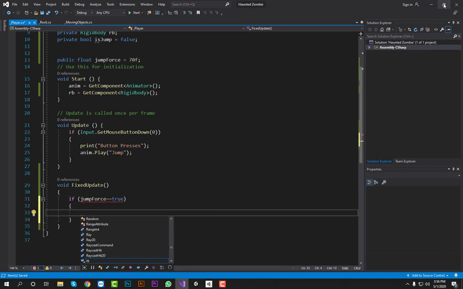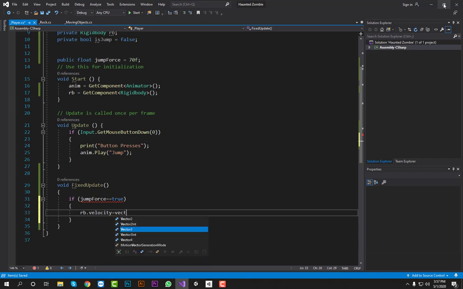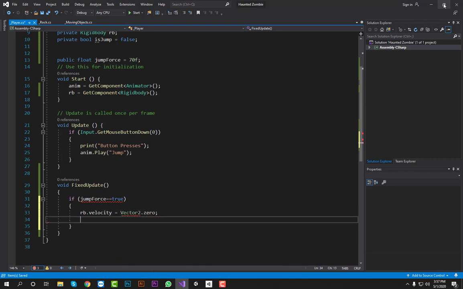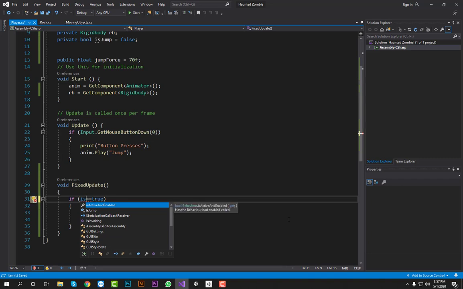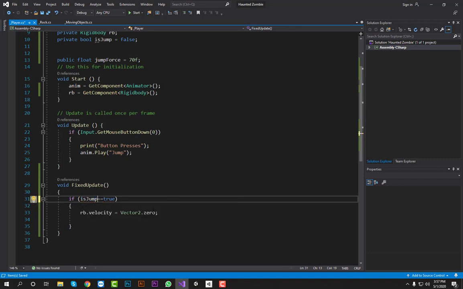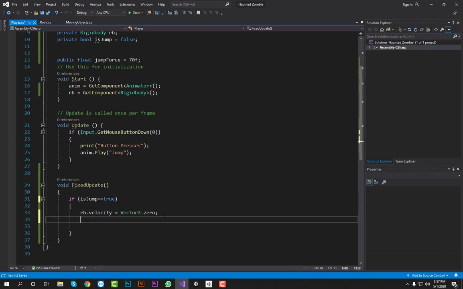But before adding a force, first of all I will change the velocity to 0. So let's go. Rigidbody dot velocity is equal to Vector2 dot zero. Okay, it's not jumpForce, it's isJump. When it's true, first of all the velocity will be 0 and then add a force. Rigidbody dot AddForce,